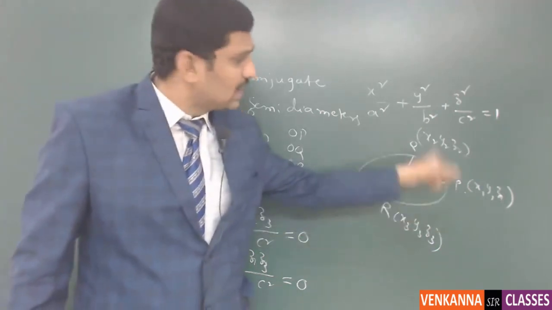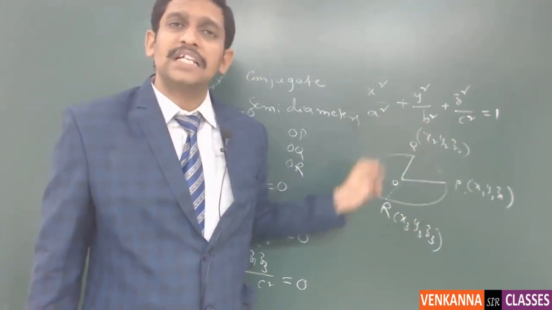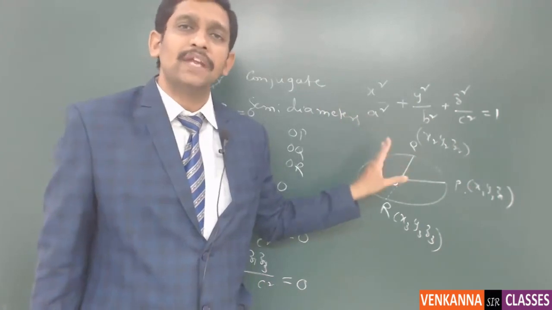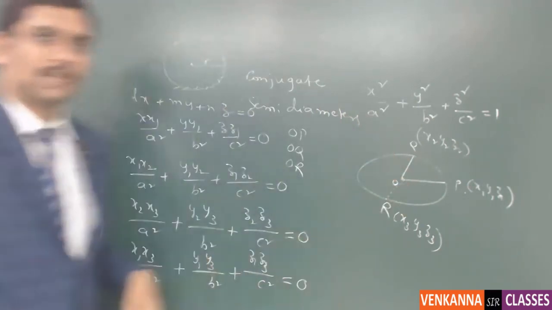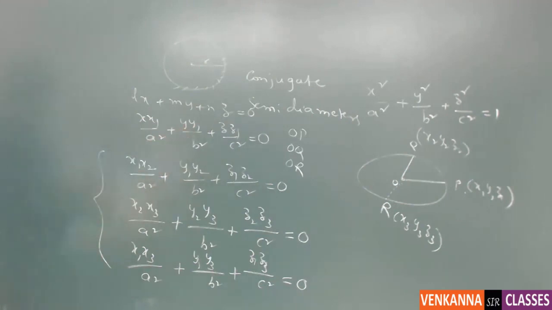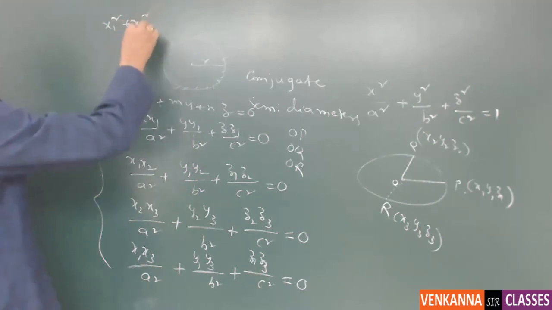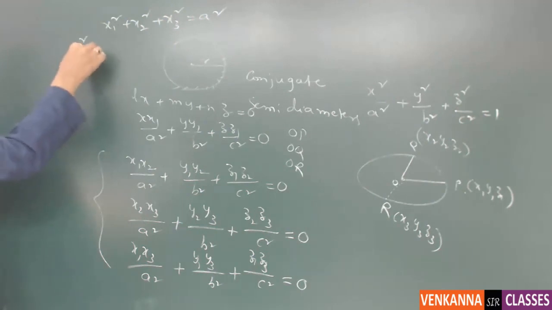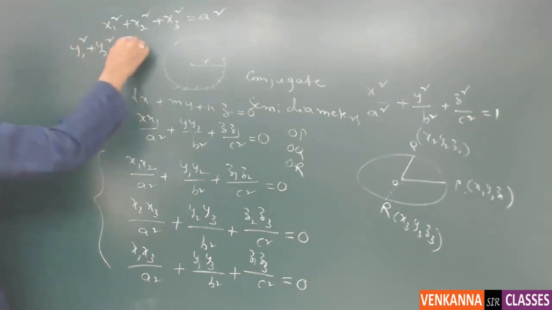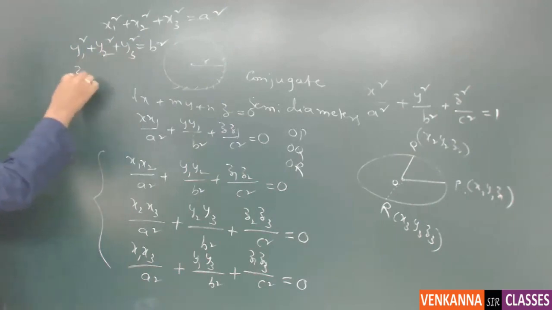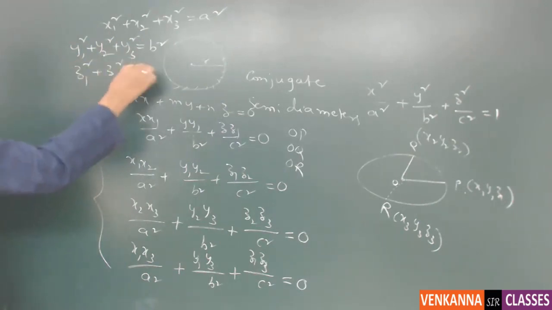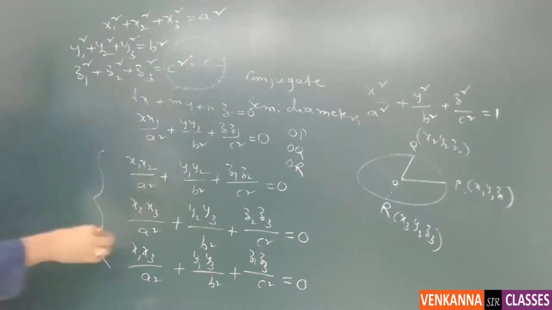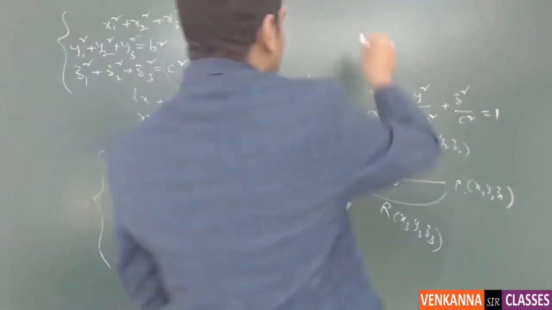Since the points are lying on the ellipsoid, they will satisfy the ellipsoid equation. That is, by default, we can understand from them, right? So I am not writing them separately again. Another properties are nothing but this is one set of properties. Again, you have the property that